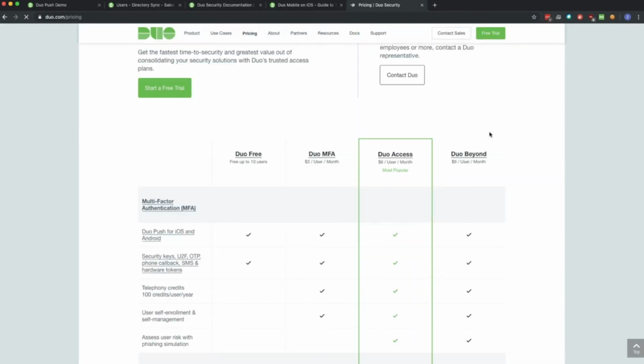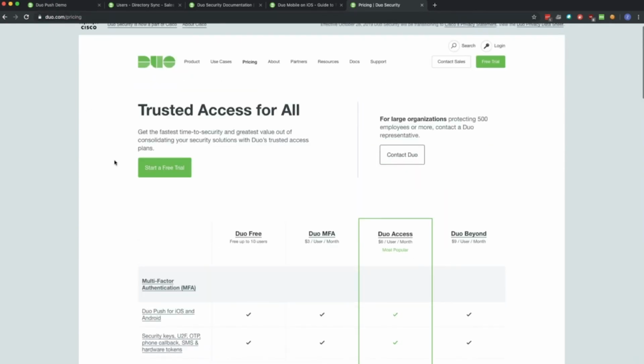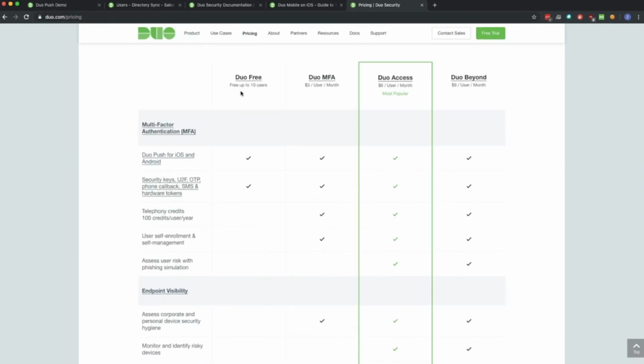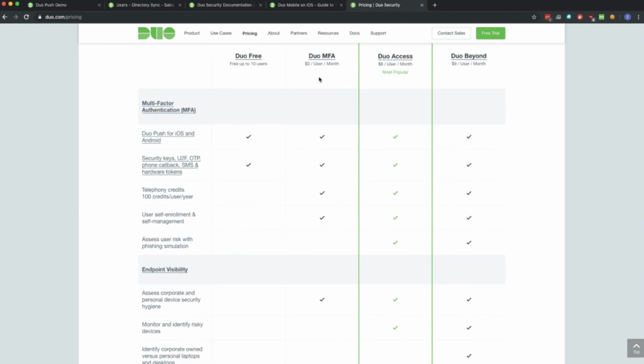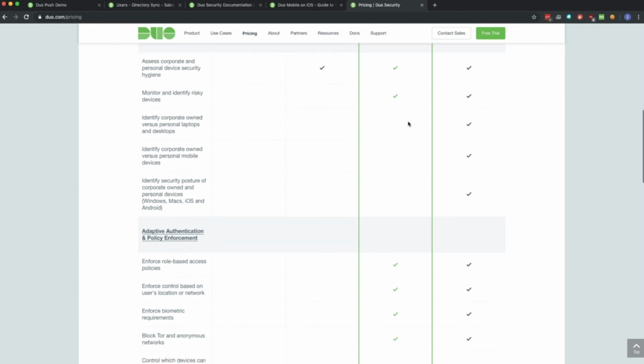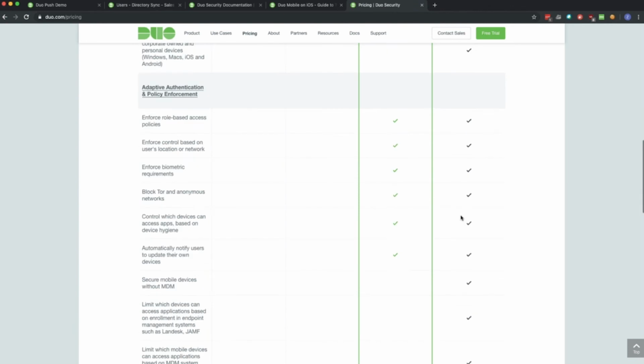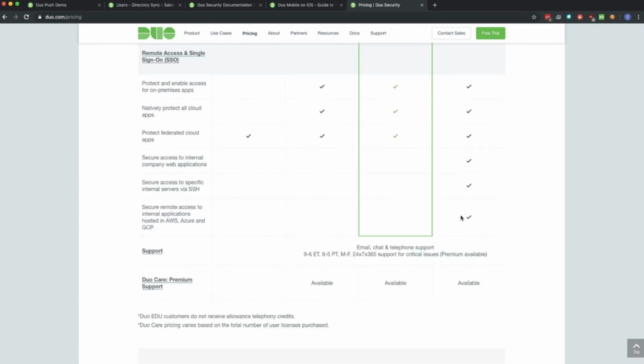But here, if you go to duo.com/pricing, we have a pretty transparent structure. We have a few different editions, Duo Free being that community edition that was mentioned, MFA providing the base multi-factor experience, Access providing the detailed device insight and policy control settings, and then Beyond really going for those organizations that are looking to fully mature their zero trust strategy.